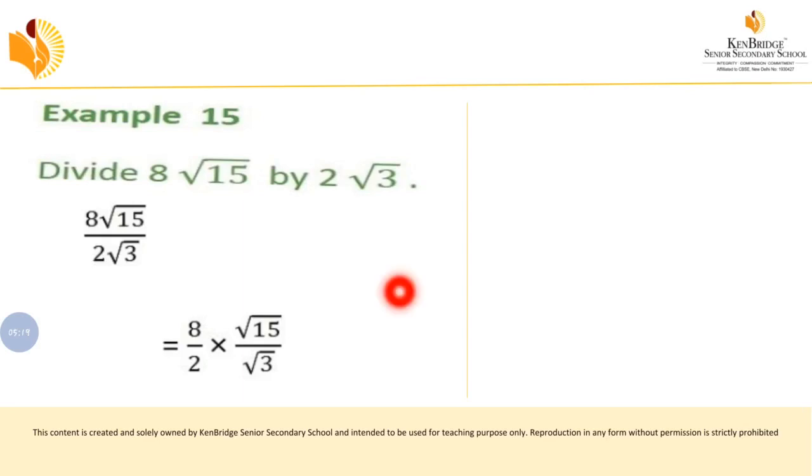So here I have written, I told you first step will be as it is. Whatever is given in the question, as it is you should write, but you have to write as a symbol. So here they have given divide the word, but here we have given as a symbol, okay, 8 root 15 by 2 by 3. So now this can be written as like multiplication. What we did, we have written the whole number separately and the root number separately, right? So as like that we have to write here also. So 8 by 2 into root 15 by root 3, okay.